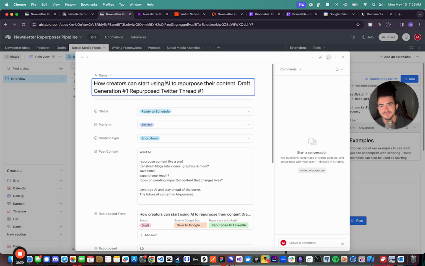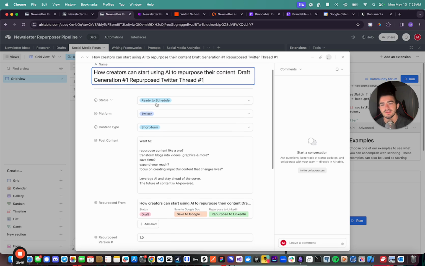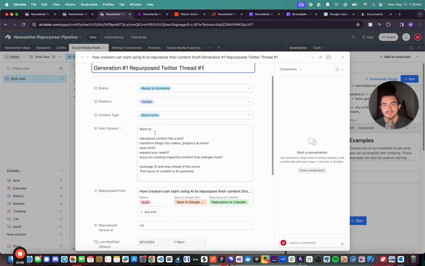We have the name. So this is, again, the naming convention. You can decide what you want. This is the name of the topic and the number of repurposed content that this is on. So this was like the first piece of repurposed content from that topic. So we have the platform, the content type, we have the post